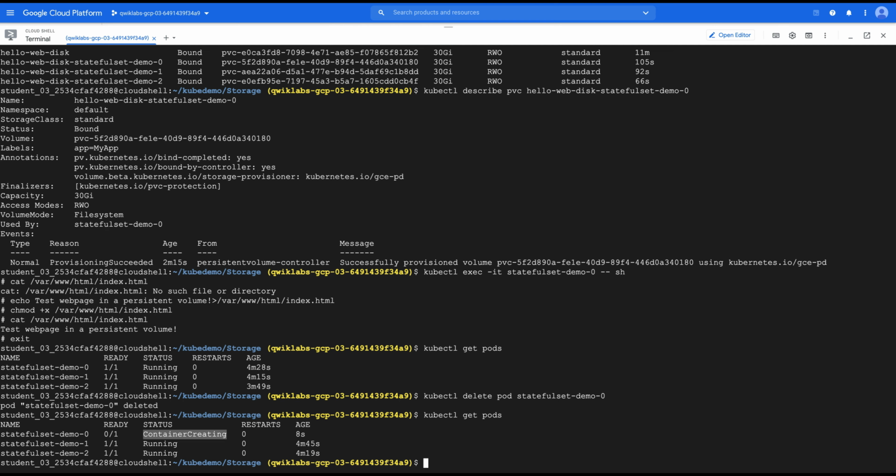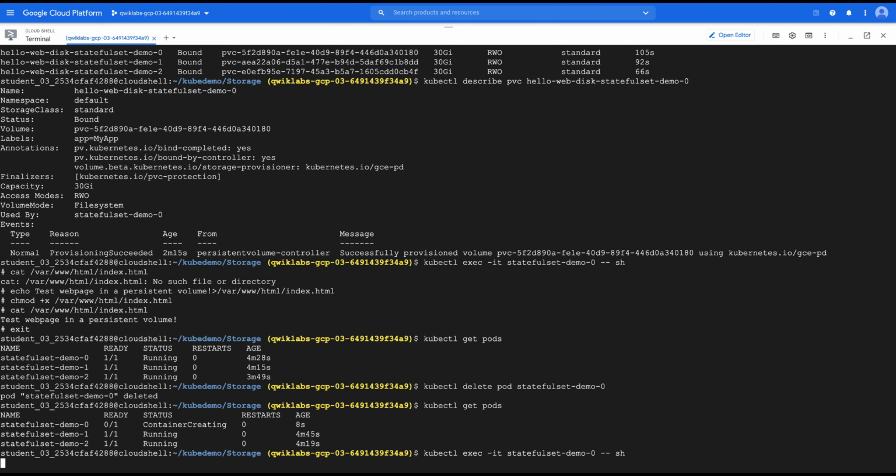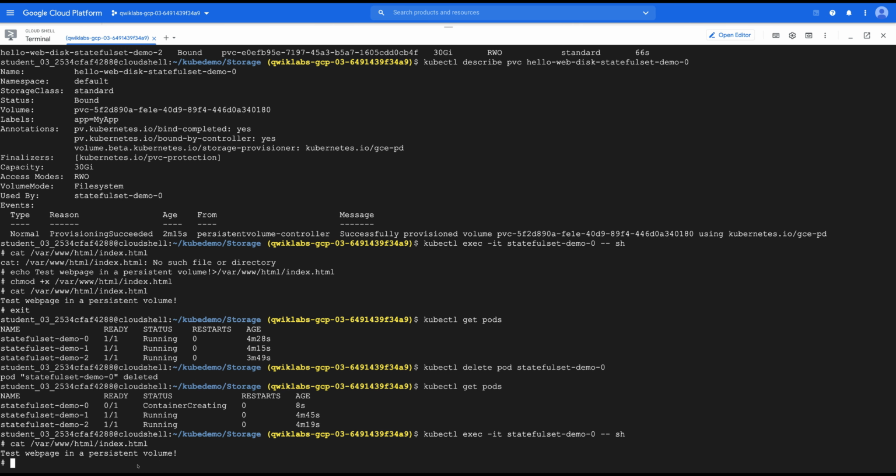Because we created this as a stateful set, it is going to get created again. If we connect to that pod again and cat that index file, I should be able to see that page again.